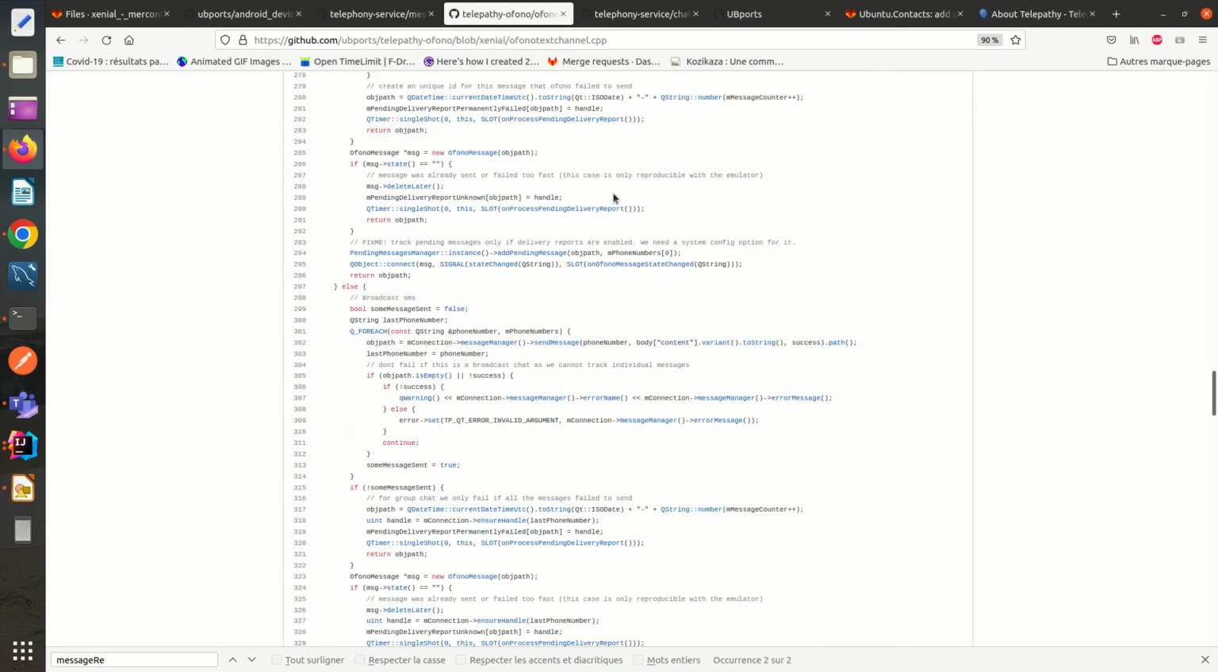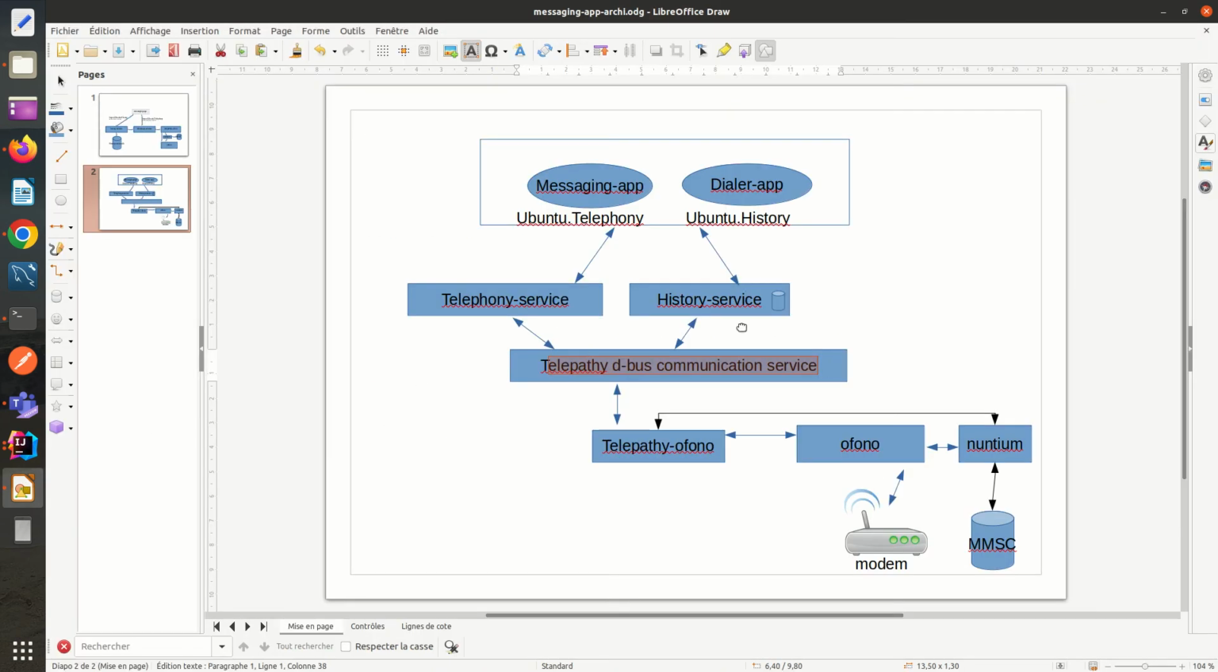This is sent and received by ofono. We are here, and then it is ofono which is responsible to talk to the modem and send with raw data. Okay, so messaging app sending an SMS. Alright. If we want to see the reverse path, for example, to receive,